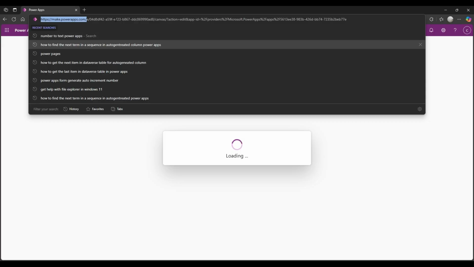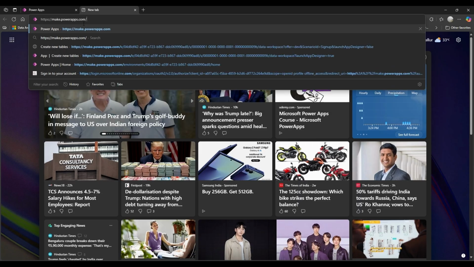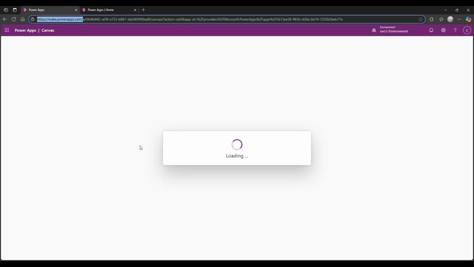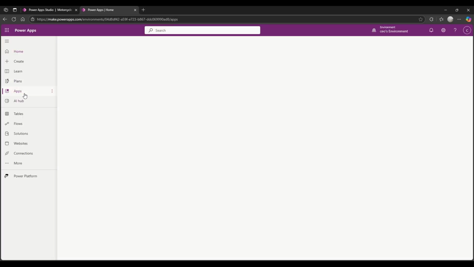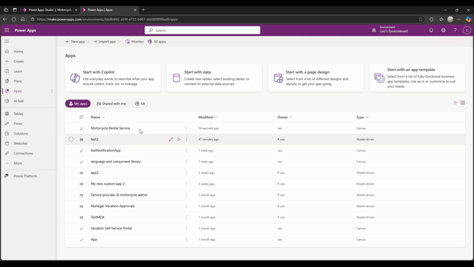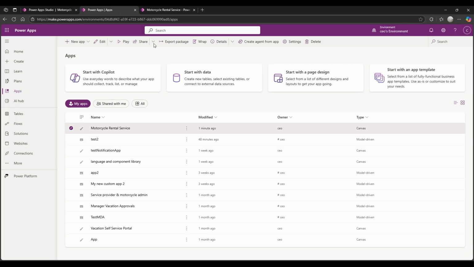So to just view the app, you can go to make.powerapps.com again. You can go to apps again. If you just hover over the application, there is this button called play. You can click on this button. This would take you to the application, or you can go to details,